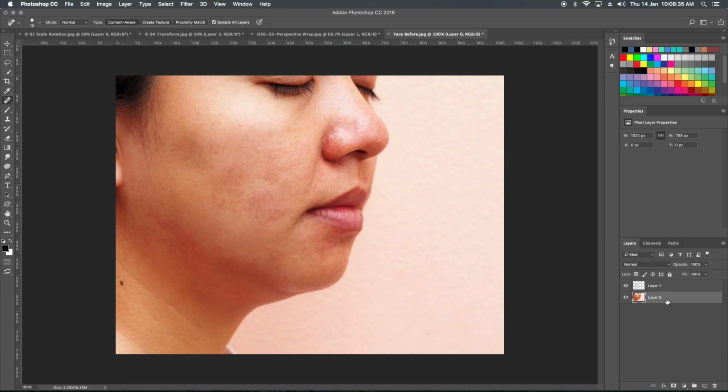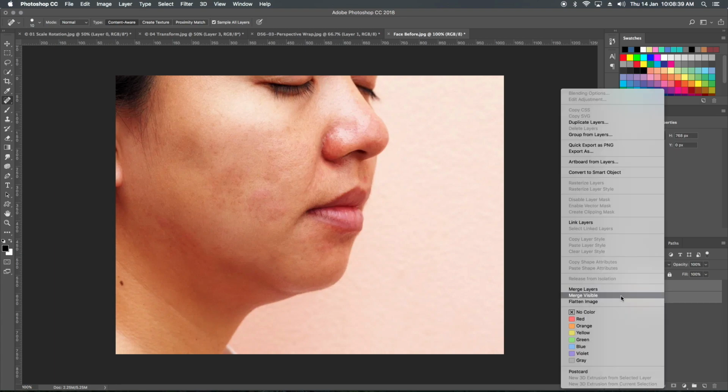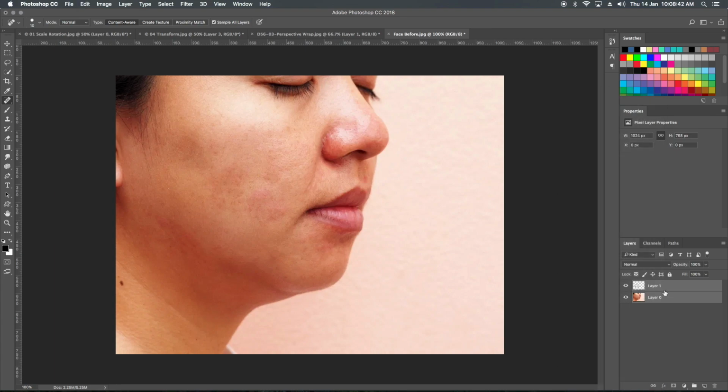So what I'll do, I'll select this layer, then I do merge, command shift option command E. I don't know, I'll just check where it's going.